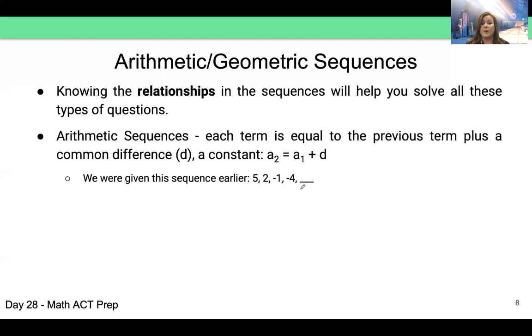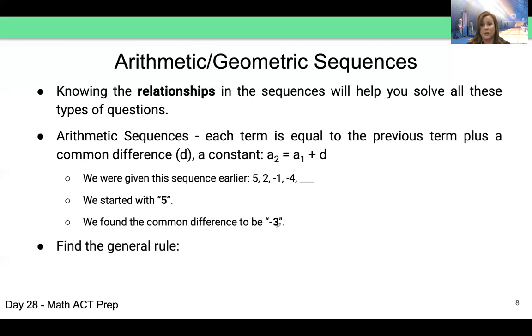So here we were given this sequence earlier. We know it's subtract 3, but if we plugged it into the formula, we started with a 5, that's A1, that's our first term. The common difference is we're subtracting 3, and that's going to give us the second term. Here is the general rule